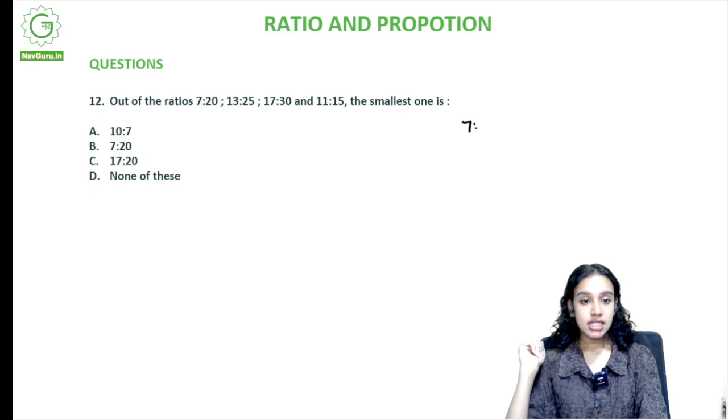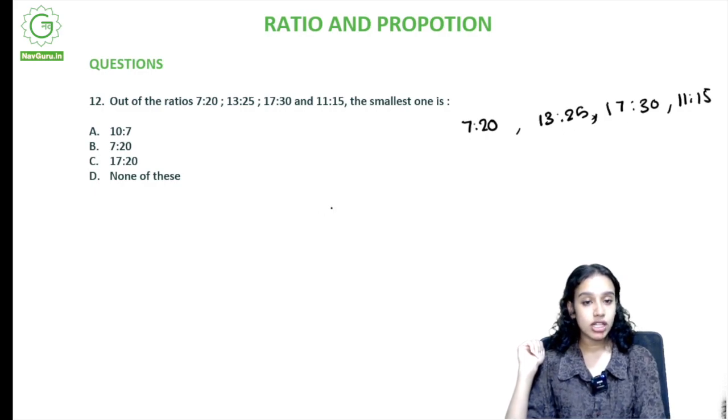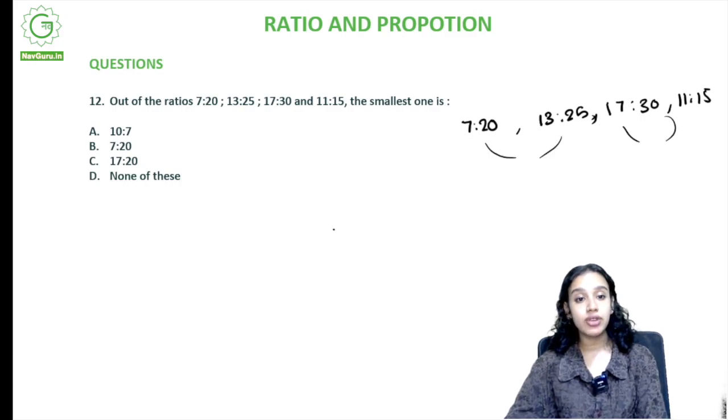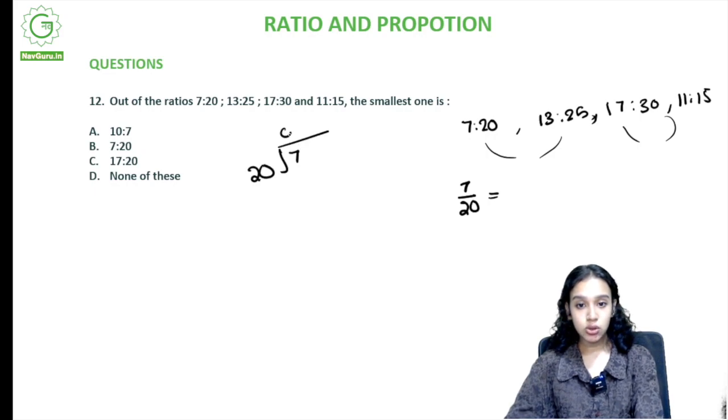Out of the ratios 7 is to 20, 13 is to 25, 17 is to 30 and 11 is to 15, which is the smallest? So how do we find the answer to these questions? We change these ratios into fractions. So 7 is to 20 is 7 by 20 and we'll see the value of it. 7 by 20, 0, we get 0 and we have 7 here again, so we put a point. 70 and 20, so 3 into 20 is 60, we have 10 and 5, so this is